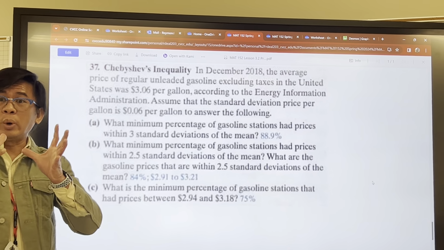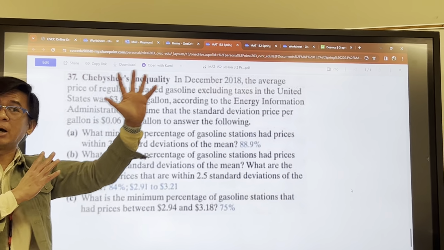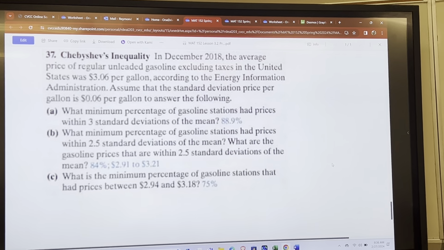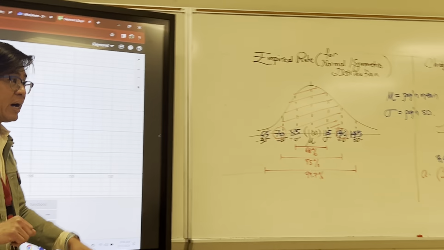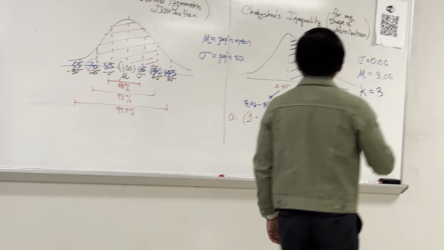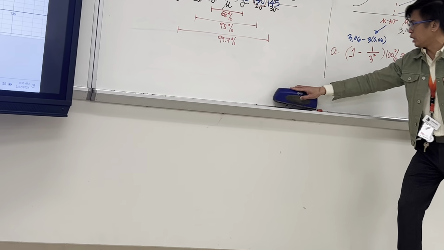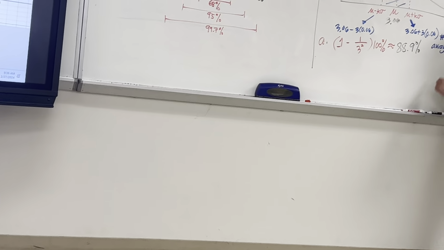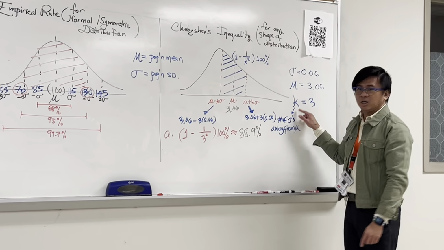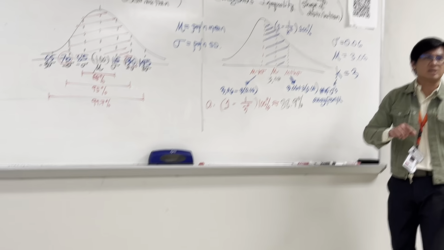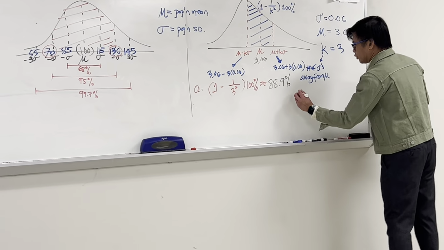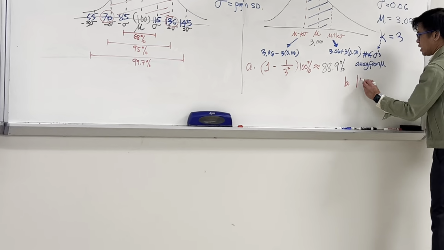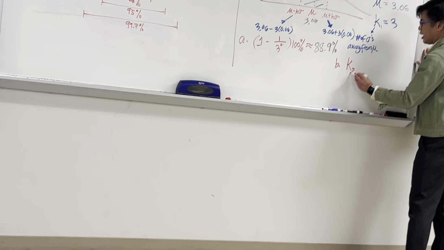2.5 standard deviations above the mean and below the mean, right? So what percentage will that be? Let's go back in here. So 2.5 standard deviations, right? This is 3 a while ago, right? So what we're gonna do is change your K from K equals 3 to 2.5. What's your K in this case? 2.5, right? So as simple as that, okay? So for B, let your K be equal to what? So let's call this K1 and K2,